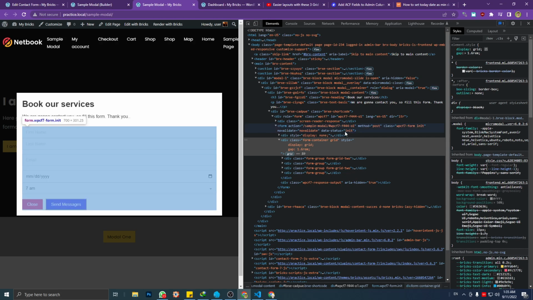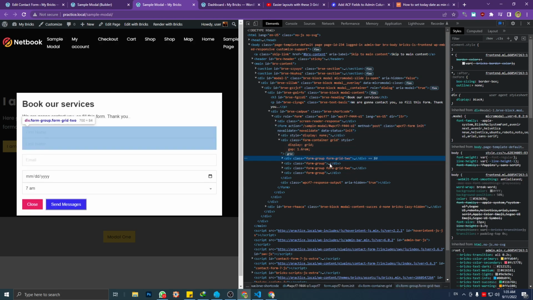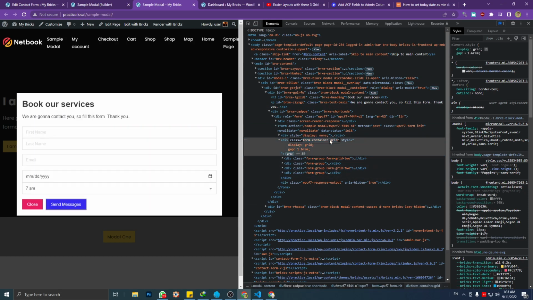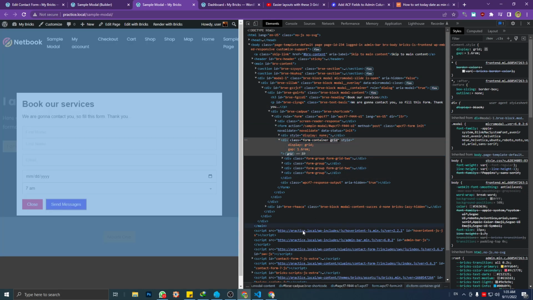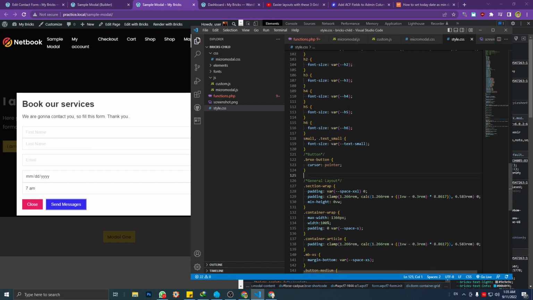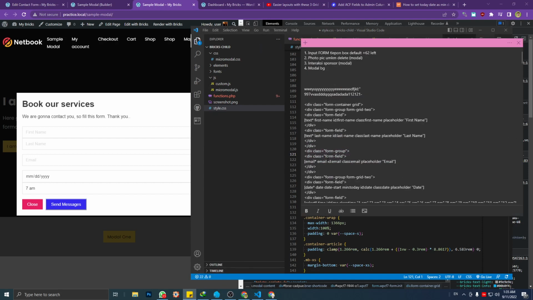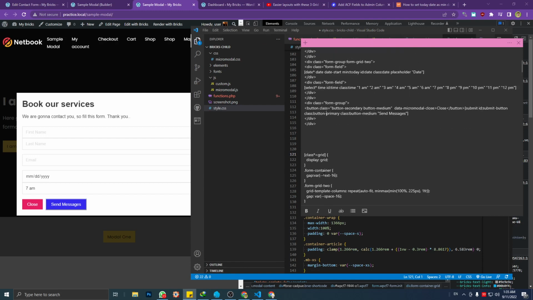Yeah, I think form grid. Okay, but we're gonna create a global class name for grid, so it should be like this. Where is my file? Here. Okay,